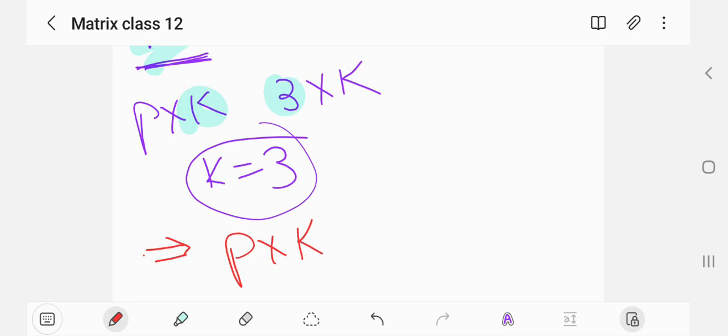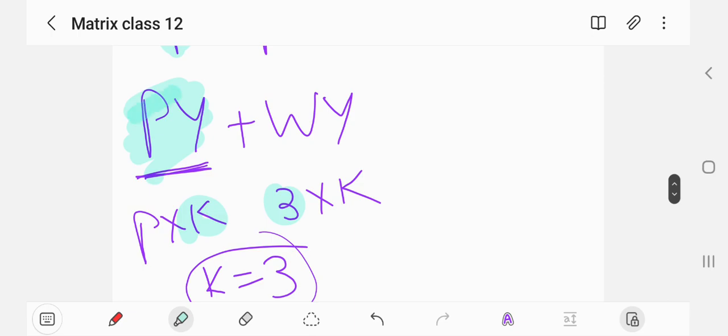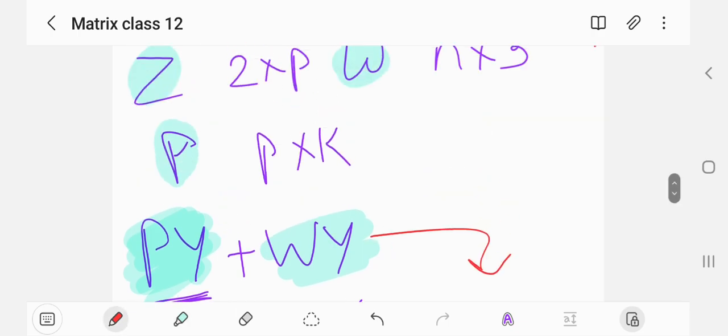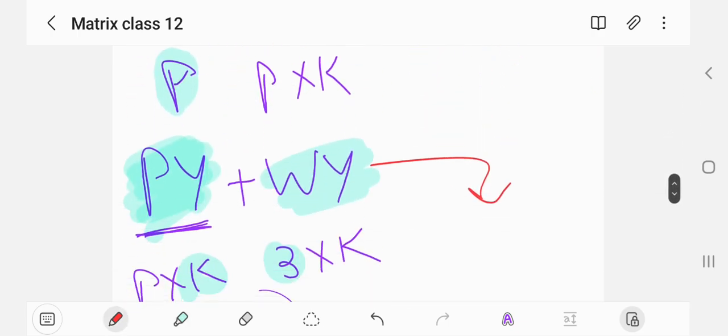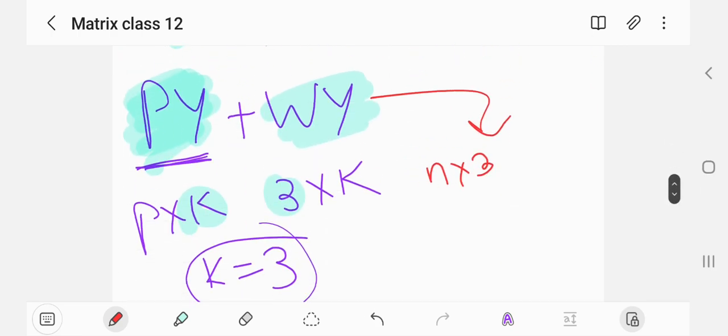Okay, this is one conclusion that we draw from examining py. Now let's look at wy. The order of w is n by 3 and the order of y is 3 by k. This matrix multiplication is very well defined because the number of columns in w is the same as the number of rows in y. So as a result we get a matrix of order